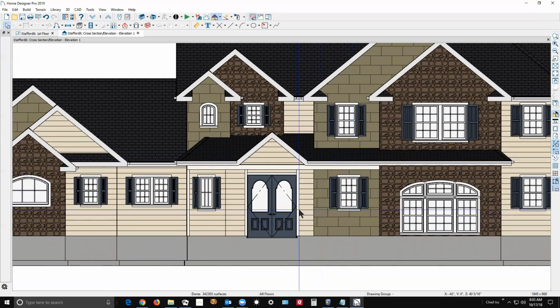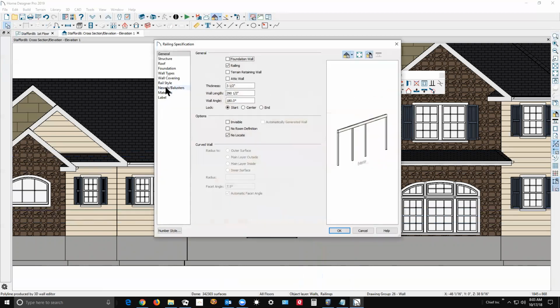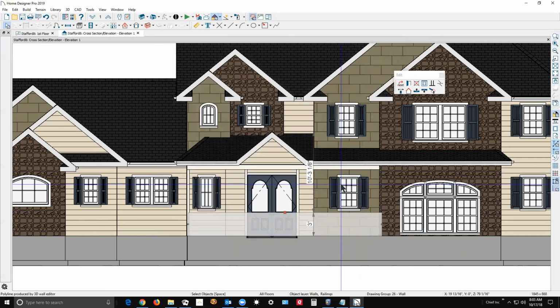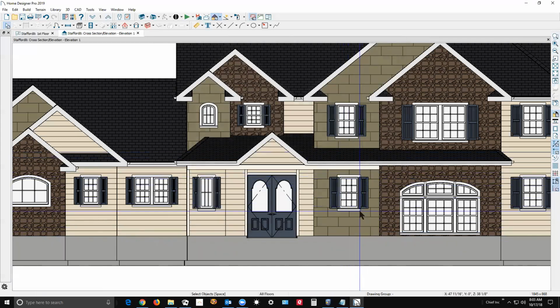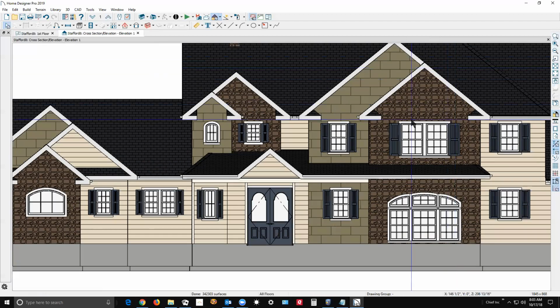And I changed the spacing on this wall here. I'm going to double click to open it. Go over to newels and balusters. I changed the spacing to this ridiculously high figure to eliminate this post that was generating right here. To me, it didn't make any sense. So the doorway gives you control over the posts, and then the spacing can reduce or increase the number of posts as you wish. So I'm sorry I didn't get the video of me actually doing this step by step,